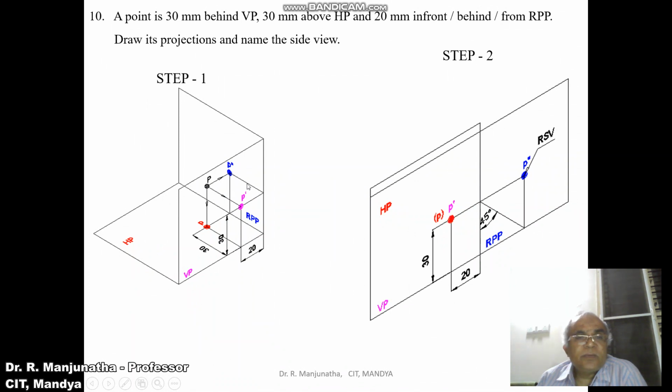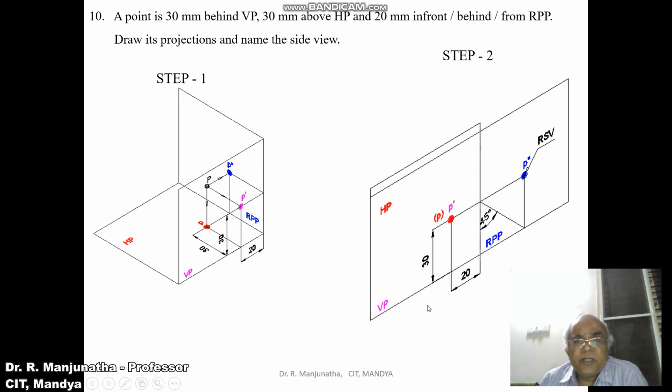That distance is also seen here, where you have the front view; on that plane you are going to get the side view. So when you look from the right side view, we can see the front view distance above HP here. That distance is also seen here. And when you look from the right side view, the distance behind VP, which is here, can also be seen here. That is how you will be able to analyze this problem. So we are cutting along this and rotating HP to the top and the right profile plane to the right side.